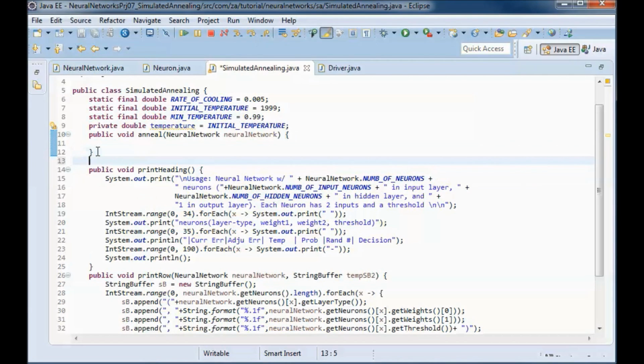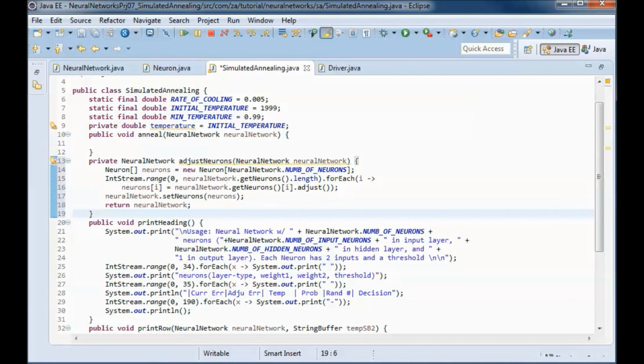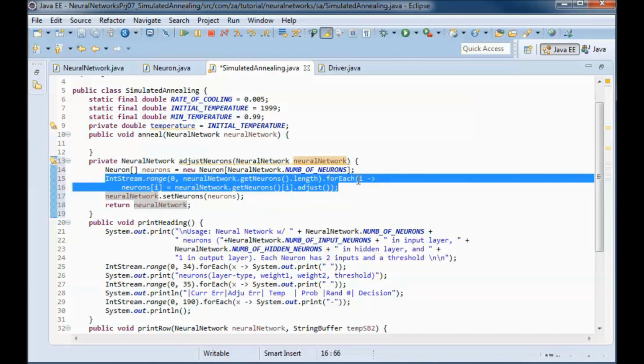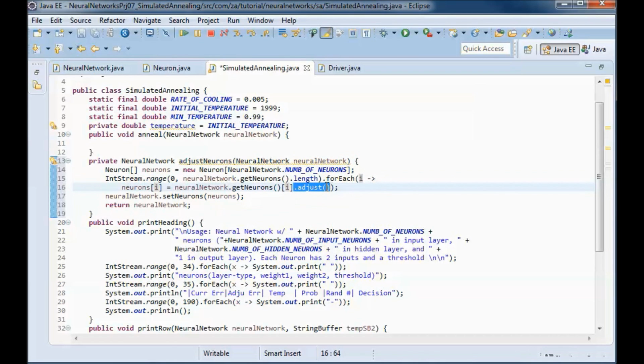And I will have this private adjust neurons method that takes in a neural network, and we go through each neuron in that neural network and call the adjust method on it, and we put those adjusted neurons in this neuron array, and we do a set neurons on the neural network, and for convenience return the neural network that was passed in here.